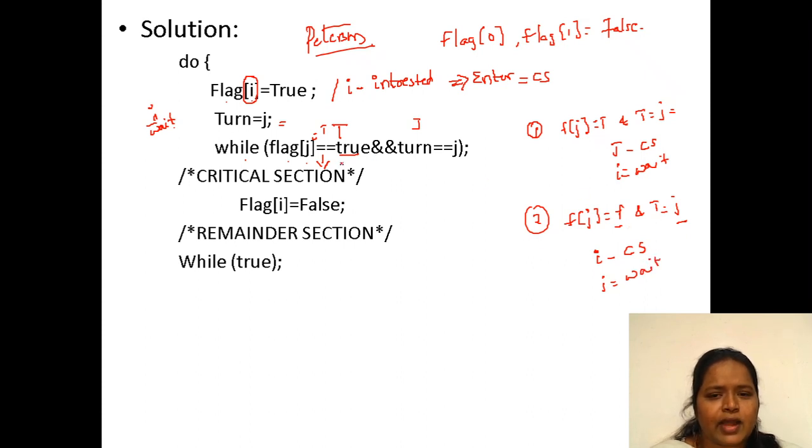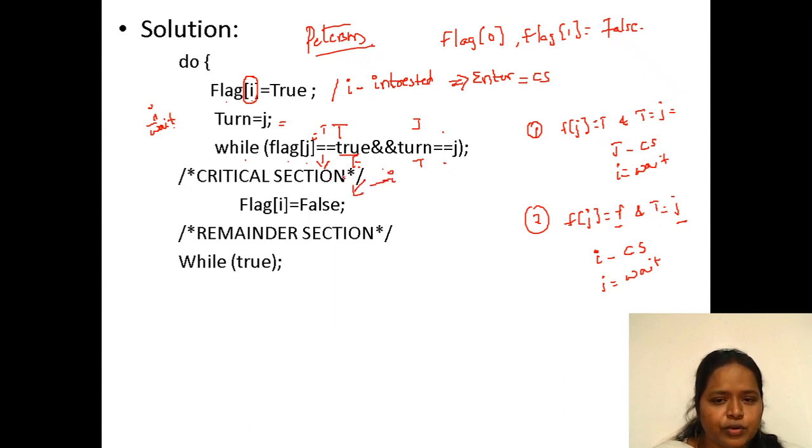If flag of j is equal to true and turn is also true, then process j will enter. In the second case, if flag of j is equal to false and turn is equal to true, false and true gives false, so this condition is false, and then process i will enter into the critical section.